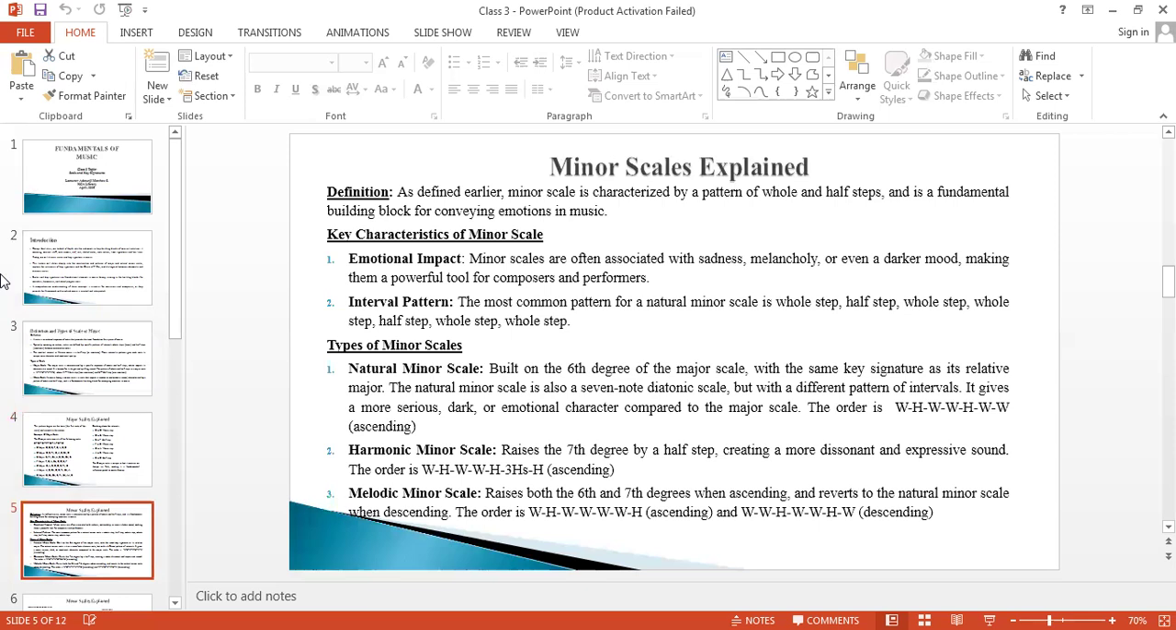What are the key characteristics of minor scale? Minor scales are often associated with sadness, melancholy, or even a darker mood, making them a powerful tool for composers and performers. Also, the most common pattern for a natural minor scale is a whole step, half step, whole step, whole step, half step, whole step, half step,